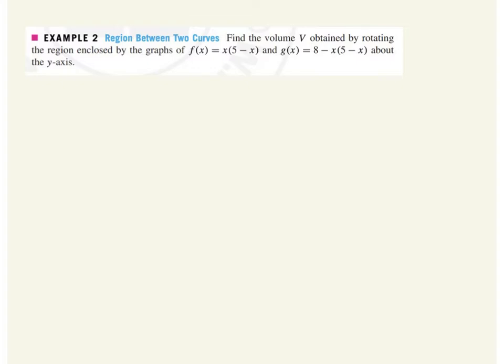All right, so in this example, I'm not given what my limits of integration are. So in order to figure those out, I do have to set these equal to each other and find my points of intersection. So I'm going to do that first. Before I go there, I noticed that it almost appears to be factored form on both equations, but g is not. So I'm going to put everything in standard form. So g of x is equal to 8 minus 5x plus x squared, and then f of x is equal to 5x minus x squared. So if I set those two equal to each other to find my points of intersection and my limits of integration,